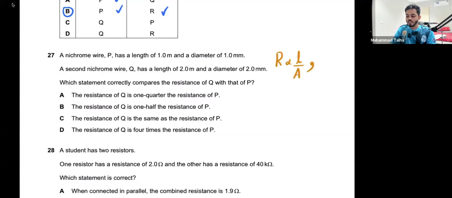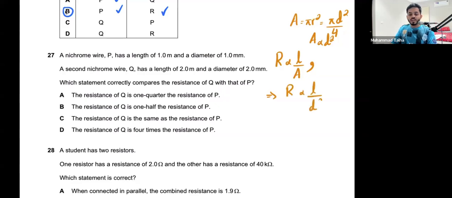But I can say that area is basically pi r squared. I can also write it in terms of the diameter, where instead of r, I would write d by 2, and squaring that would lead to this equation. So the idea that follows from here is that area is proportional to the diameter squared. So because I am provided diameters, I can write this equation in this way, that I can say,